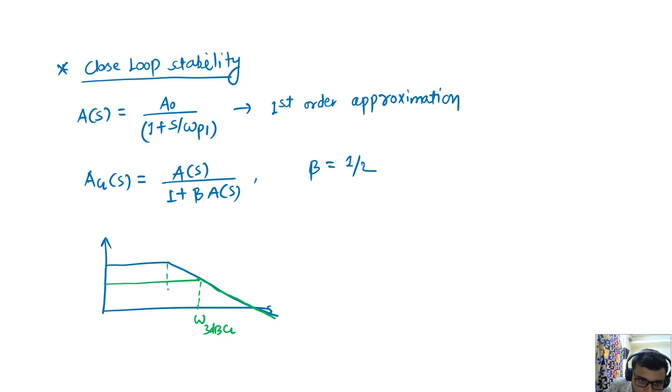This is the omega 3 dB of open loop. Okay, this is the gain of open loop. This is the gain of closed loop, A naught over 1 plus beta A naught. Okay, so from here what we can understand,